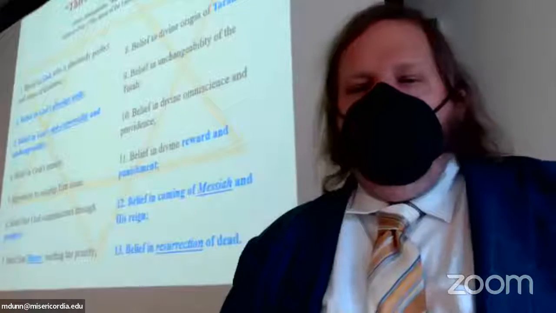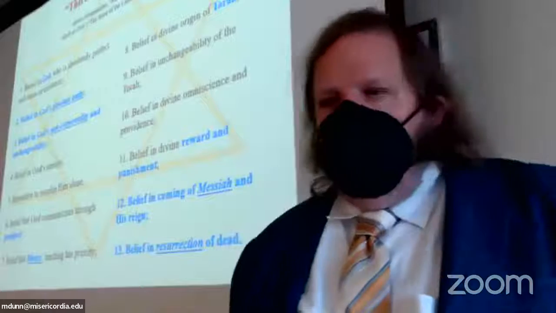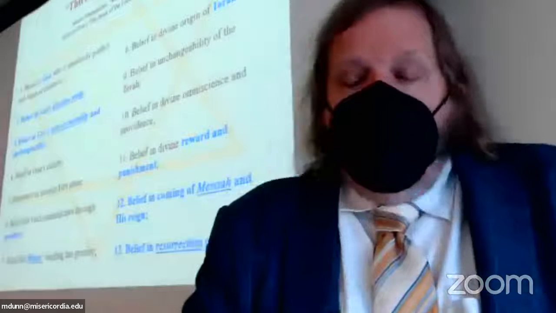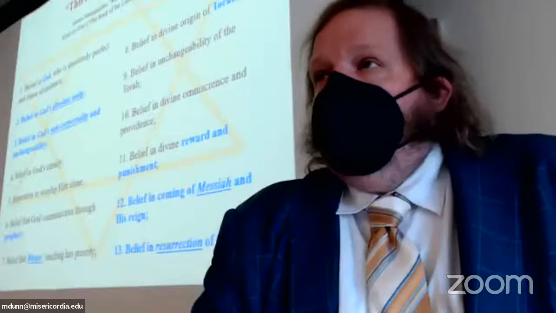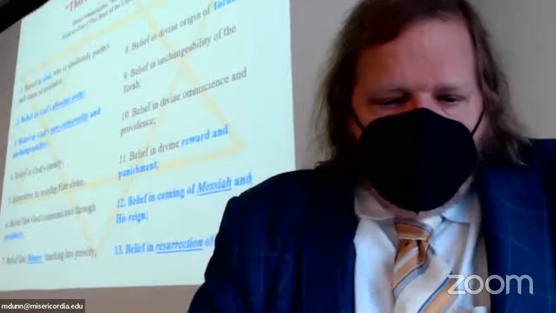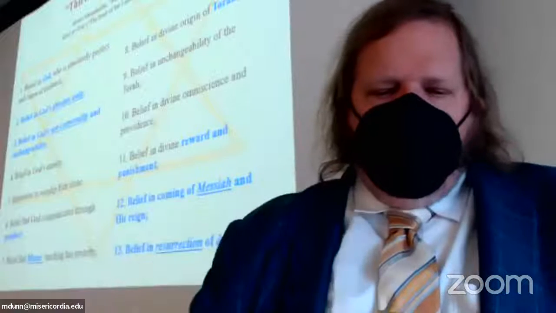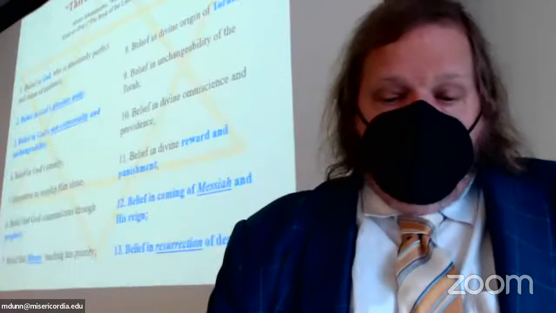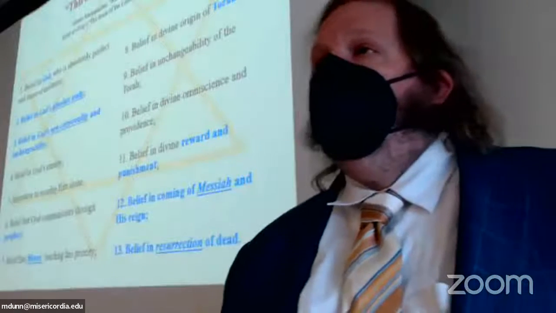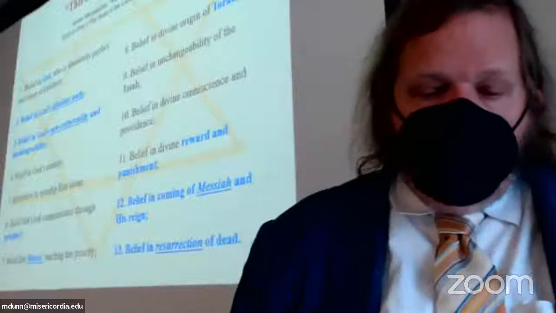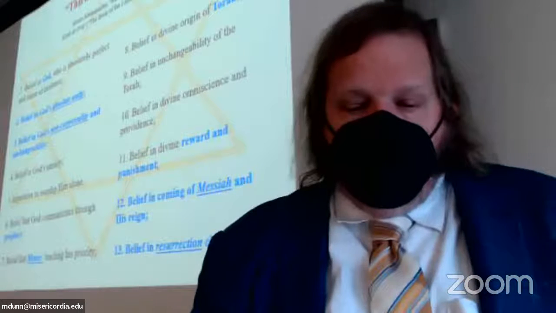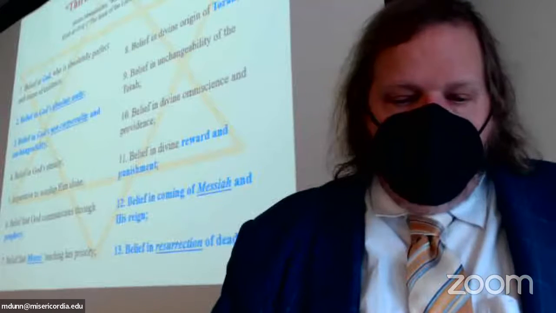His publication of these 13 principles, and this is my last point, but it's an important one, so I would pay attention, actually caused a controversy which still occurs to this day, because this was the first attempt to introduce sort of articles of faith, or a sort of essential belief to Judaism. And so there was a controversy. There were a lot of rabbis and a lot of Jewish thinkers who opposed this because they thought that Maimonides, that Rambam, was downgrading the observance of the whole Torah to just these 13 principles.